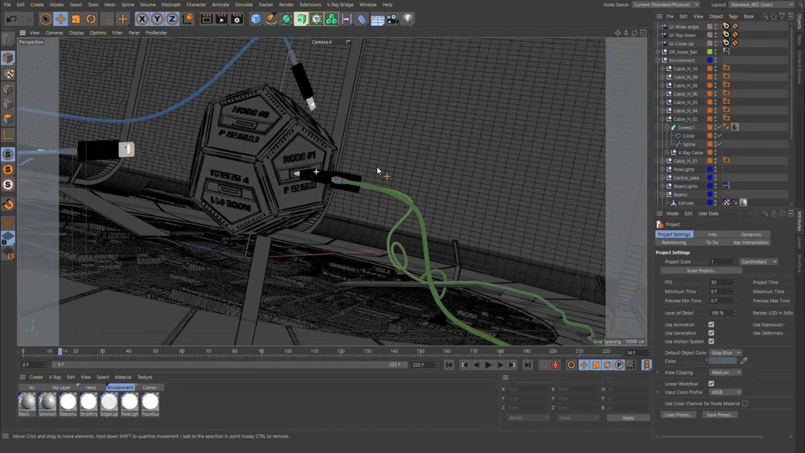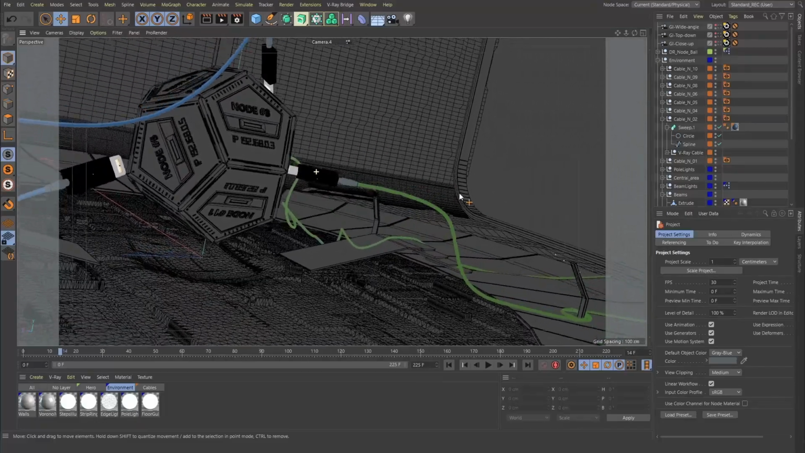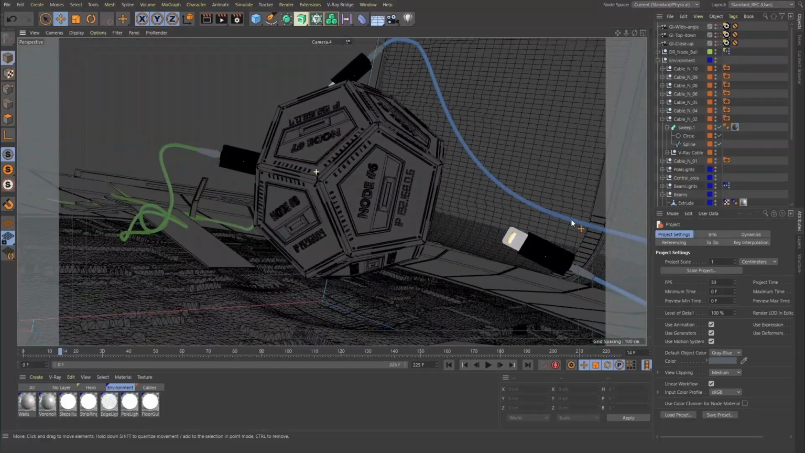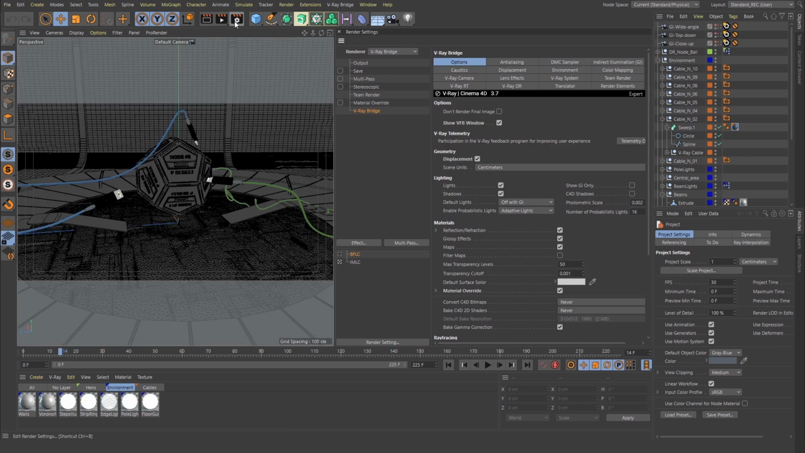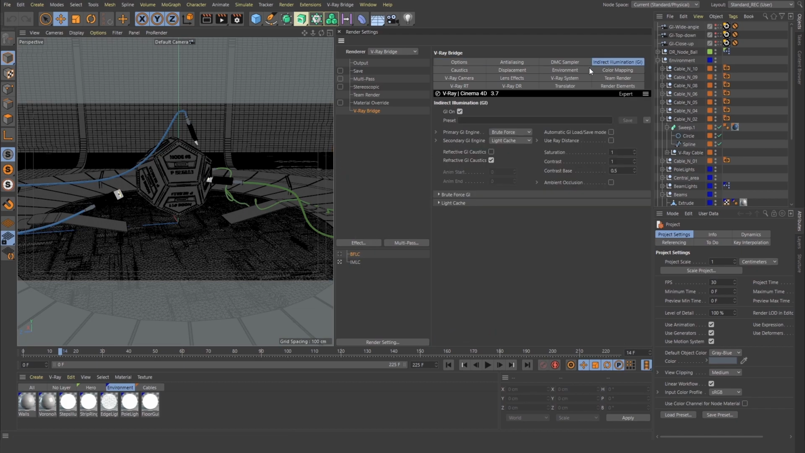In this video, we will see what the differences between the two most popular GI approaches are and why we would potentially decide to use one over the other. When you render with Global Illumination in V-Ray, you have the option to choose a primary and a secondary GI engine. The two approaches we will explore involve either using the brute force engine as your primary combined with the light cache engine as your secondary, or the Irradiance Map engine as your primary in combination with the light cache